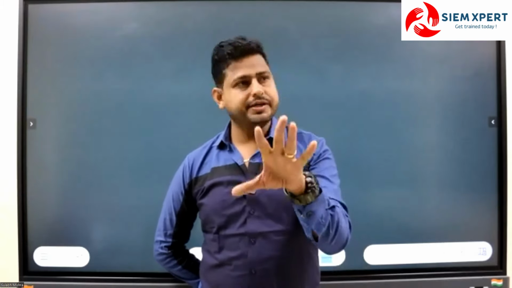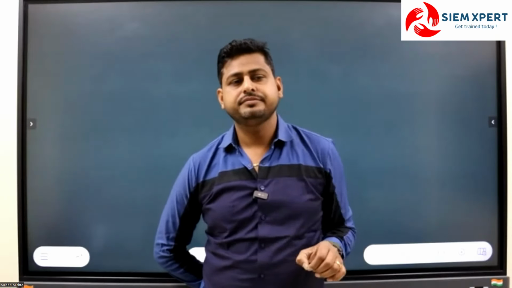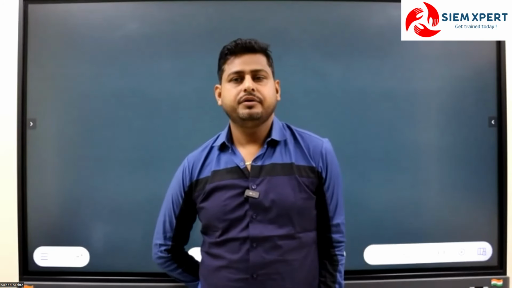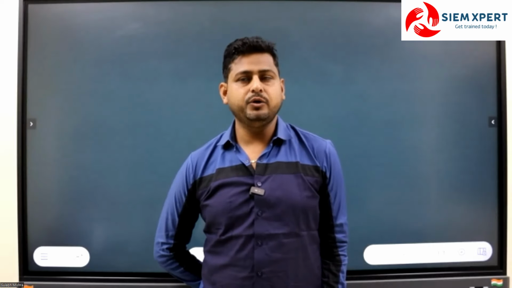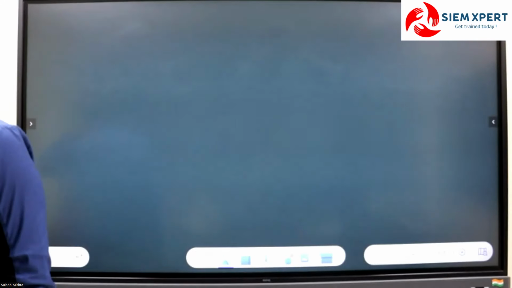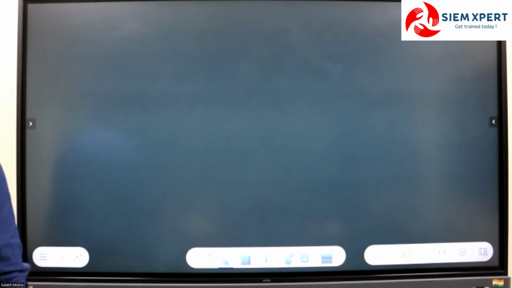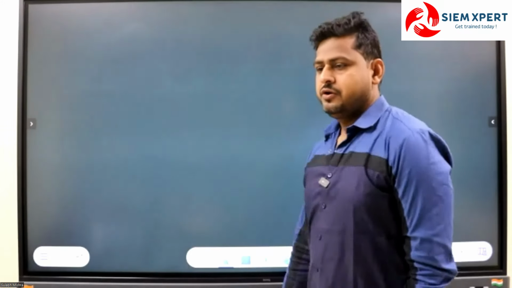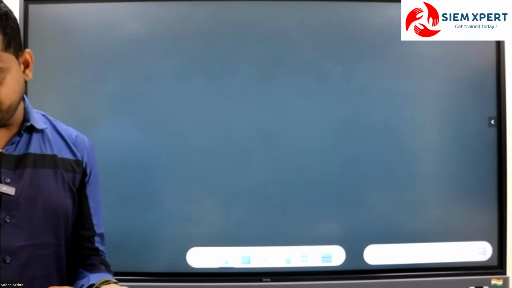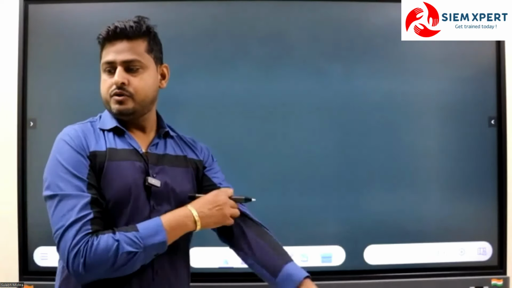We have to ensure that the Splunk Enterprise, the heavy forwarder, on which we are planning to integrate Windows devices, should be installed